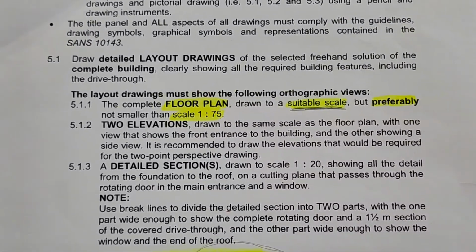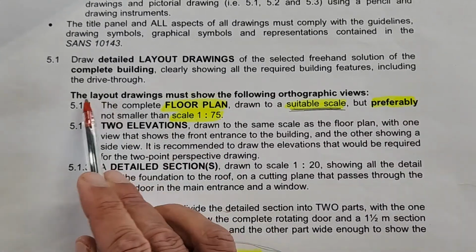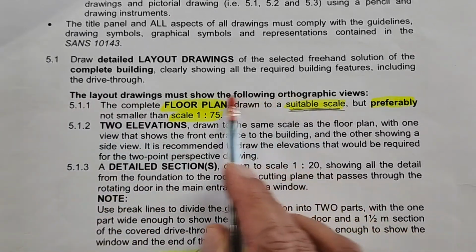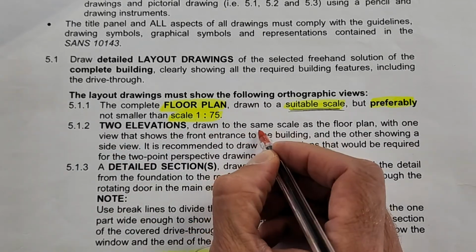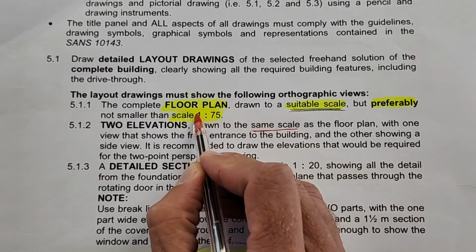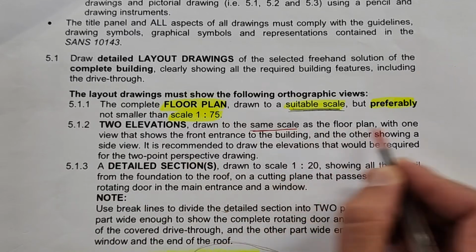And I'm going to walk you through, this is in the actual PAT document. Let's look at, remember, 2 elevations. That's a requirement of the layout drawings. Alright, and what do they require from us? You have to draw to the same scale that you've drawn your floor plan, the same scale. Okay, you have to draw